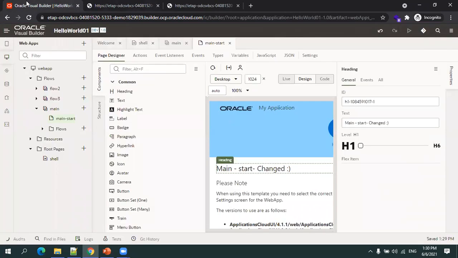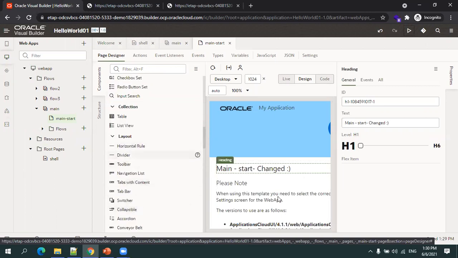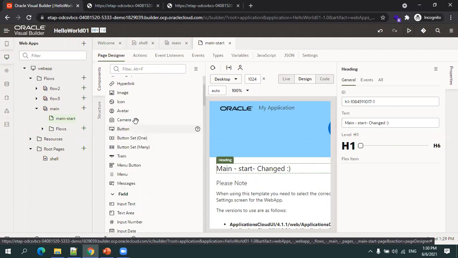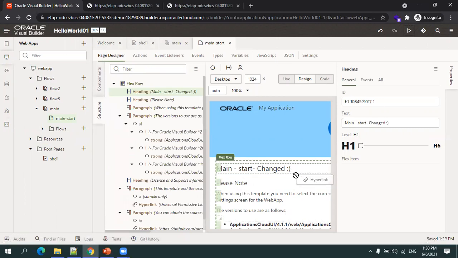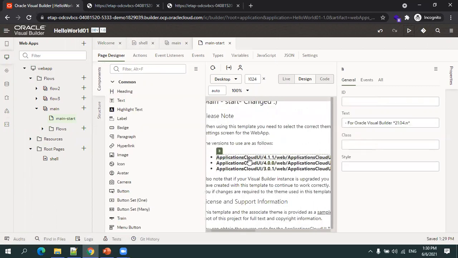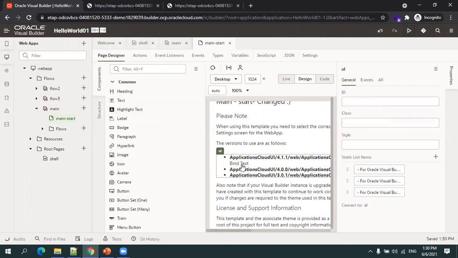Okay, now coming here, if you observe, this is our page, right? And here we have components. It gets collapsed if you just click on this. These are the list of components which are available in VBCS. It is not that these components are available only in the page, but these are the components available in VBCS. You can just drag and drop and use them. Now let us say I want to use a hyperlink. There is some set of criteria; you cannot just assign every component everywhere. There is some criteria you have to follow. Now you can see this bind text.